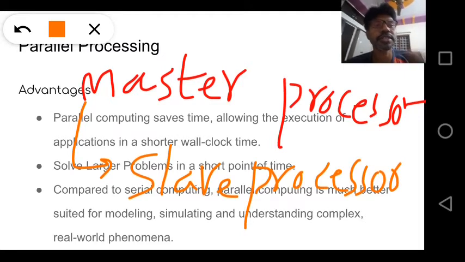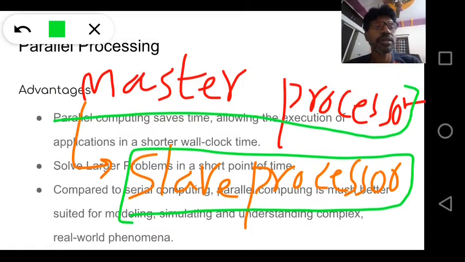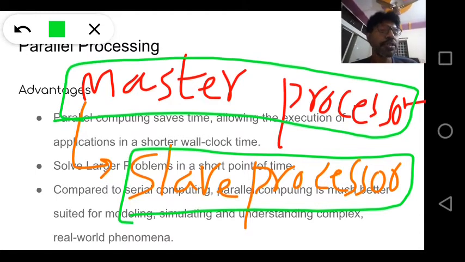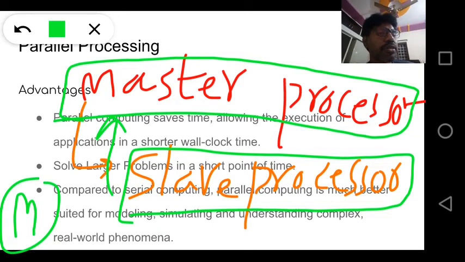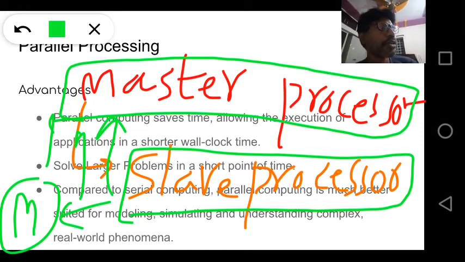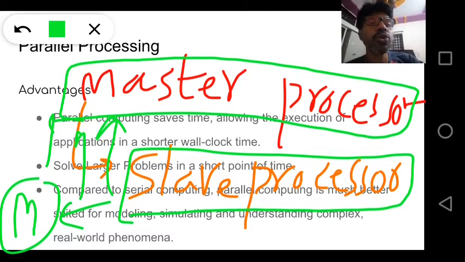So one processor acts as a master processor, another processor acts as a slave processor. If the slave processor wants to access a shared resource like memory, it has to request the master processor. The master processor may receive multiple requests to access the memory, then it has to grant according to some priorities or privileges. So here processors are not peer processors. They don't have an equal right to access shared resources. Based on the priority, one may get the choice. This is called loosely coupled